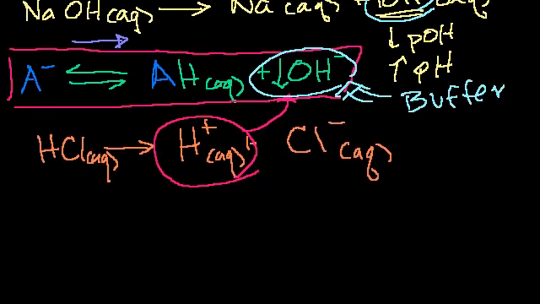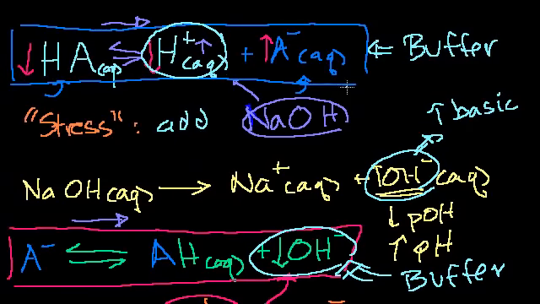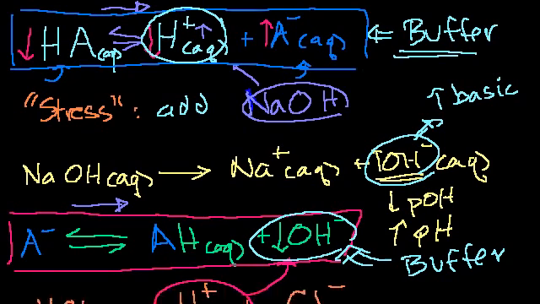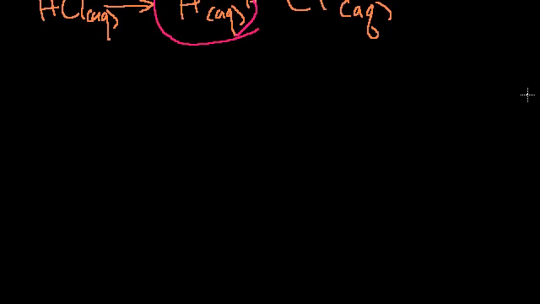And so the actual definition of a buffer is just a solution of a weak acid in equilibrium with its conjugate weak base. That's what a buffer is, and it's called a buffer because it provides you this kind of cushion of pH. It's kind of a stress absorber or a shock absorber for the acidity of a solution. Now, with that said, let's explore a little bit the math of a buffer, which is really just the math of